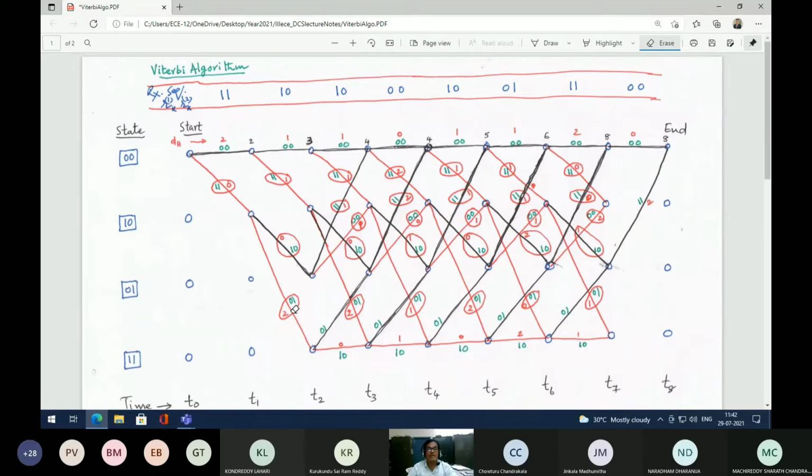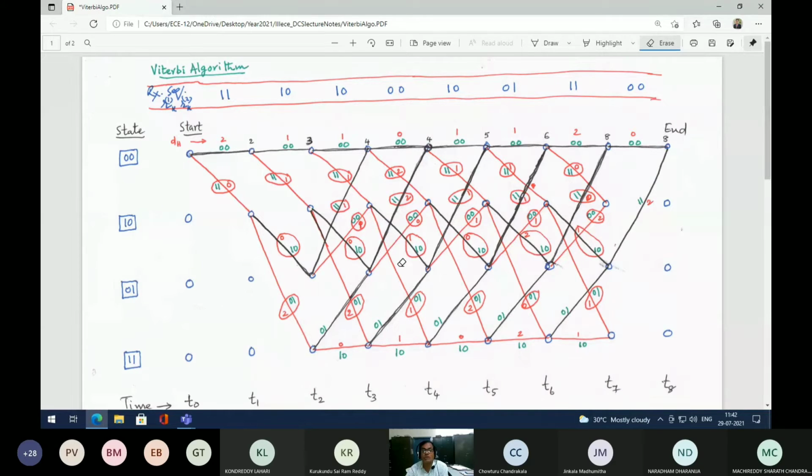Okay, is it clear? Yes, sir. So likewise, you have to proceed that way. All these things you have to link. For example, randomly I check. I am taking the 0 0 received bits. The corresponding branch, who will tell me this complete? There is no Hamming distance here, so it's 0 here, the 2, and then this black one is also coming here. So 0 0 1 1. So the Hamming distance is 2.